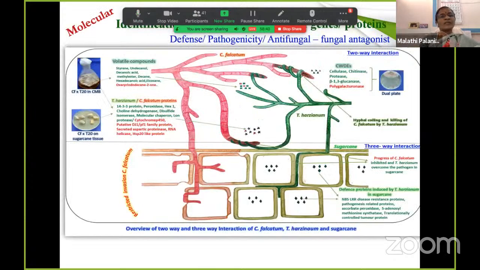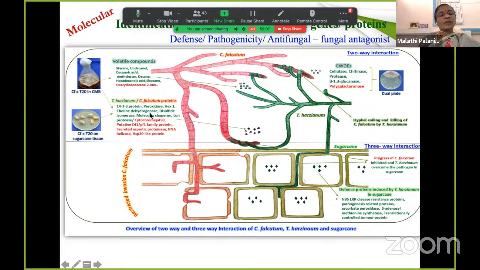Now I will brief about some two slides. I will show the molecular approach, what we are doing to identify the genes or proteins related to three aspects, that is pathogenicity, antifungal nature, or defense related. Here we can see the upper part shows the two-way interaction and the lower part shows the tritrophic interaction with the Trichoderma antagonist, in which we have identified and characterized the volatile compounds as